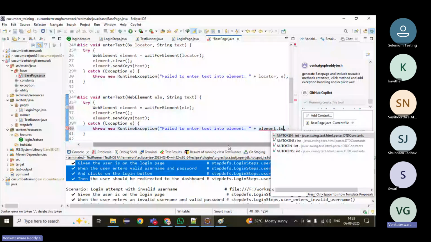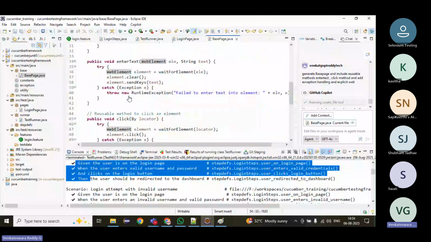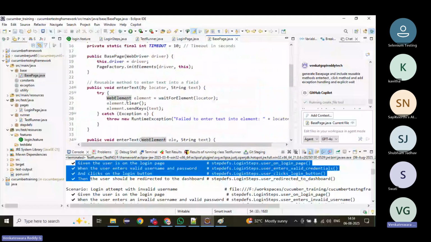Fine. And then click method. All right, if you want to, that we require a with web element. Required with web element. So just change it. Right. Method overloading concept. One is inheritance we have used. One is method overloading and then